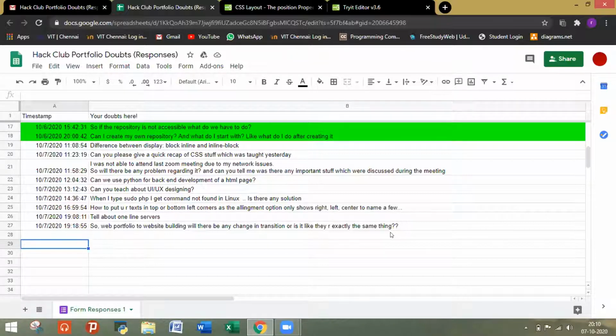Website building is a different thing because that requires building a professional website, so you'll need a different UI for that. But if you're building for your own portfolio, you can do anything you want. There's not much difference. The tech stack needed for both of them is the same, the languages that you'll need. You just have to use some more concepts in proper website building.